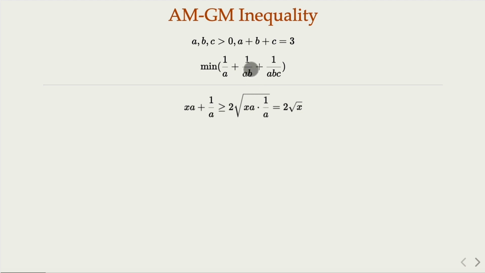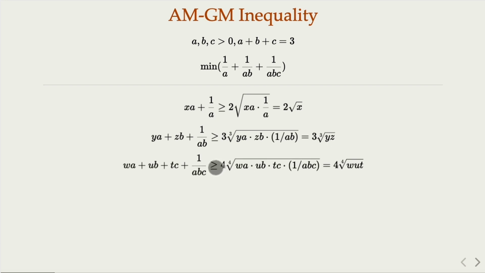Now similarly, for a over b, you would have a and b terms, and then use the 3 number inequality here, where you have coefficients y and z, so that when you do the multiplication of 3 numbers, the ab and 1 over ab variables would go away, and y and z are the unknown coefficients. Now similarly, for the 1 over abc term, we're going to introduce a, b, and c with different coefficients here, and when you do the AM-GM for the 4 numbers, the multiplication would cancel the abc variables, and we're going to use w and t as the